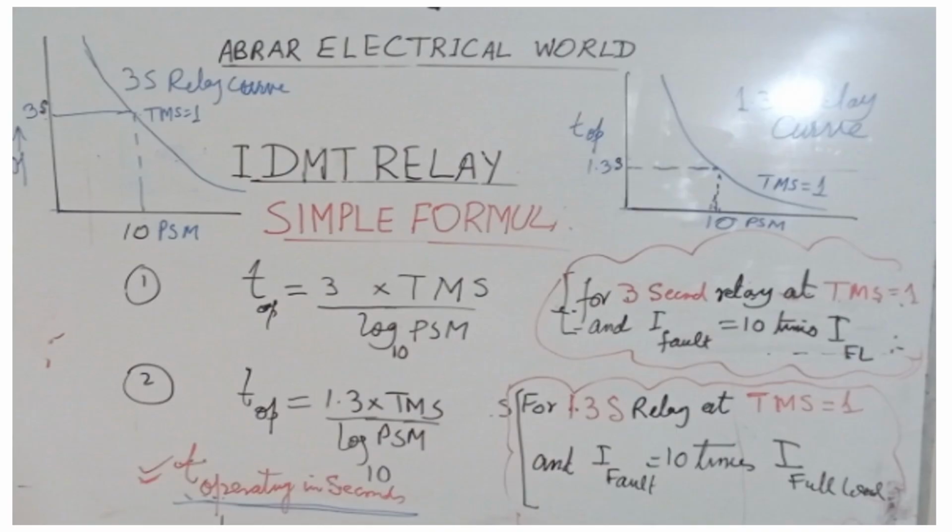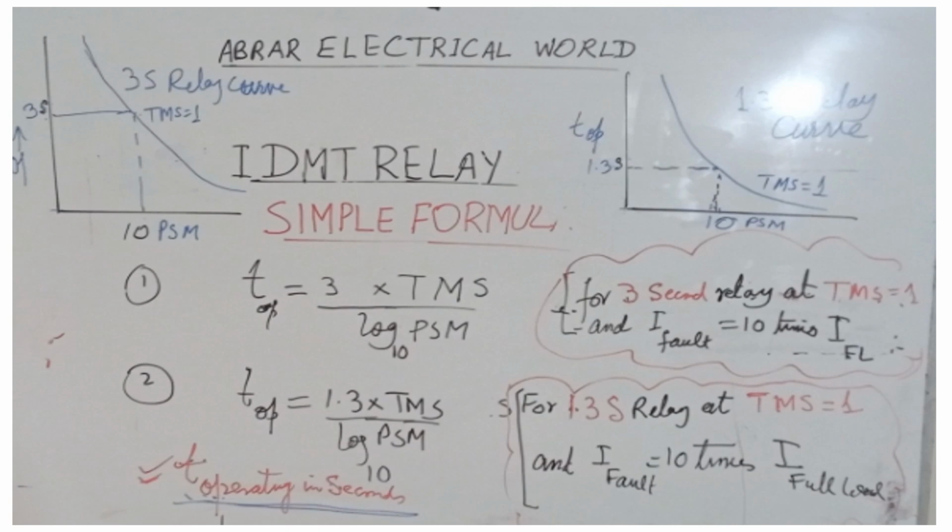Now let's see, I have drawn some diagrams for you because it was becoming difficult for me to draw the graphs myself, so then I decided to draw on the whiteboard for my lecture. So now see here, the two formulas are written and the two curves are given here. See, this is a curve where you get 1.3 seconds if the fault current is 10 times